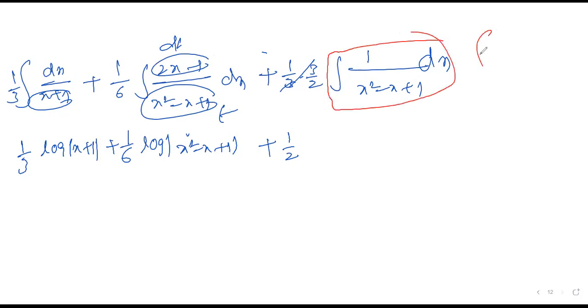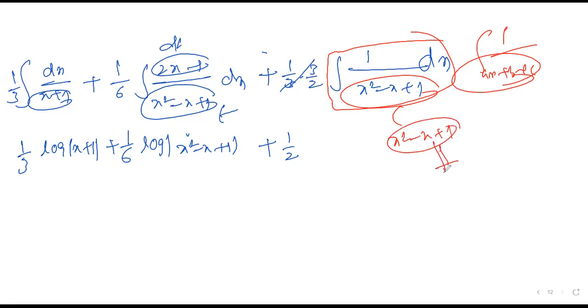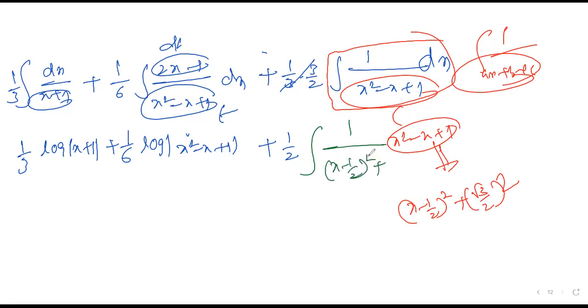How should it look? Integration 1 by ax square plus bx plus c. In this question we have to write a plus b whole square or a minus b whole square, taking it separately. When I did it separately, I got x minus 2 whole square plus root 3 by 2 whole square. I converted this like this. You know how to convert, right? Clear? You have to do it as your own homework. This is x minus 2, root 3 by 2, I wrote like this. If it is not getting clear, please let us know. Okay, this is clear now.